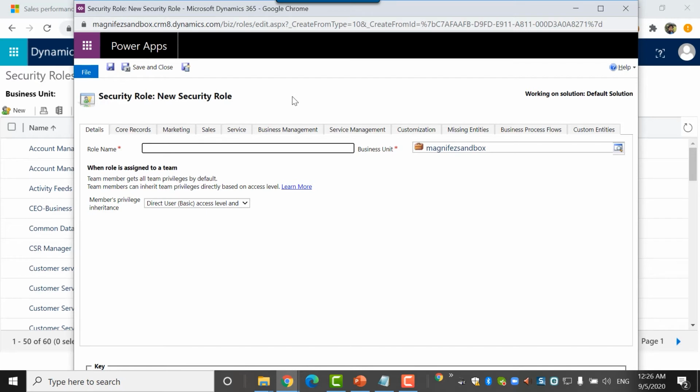So I can create security roles in two ways. One is from scratch, which is what I'm going to do now. The second way is to clone an existing security role. I'll just give a name over here, like project manager